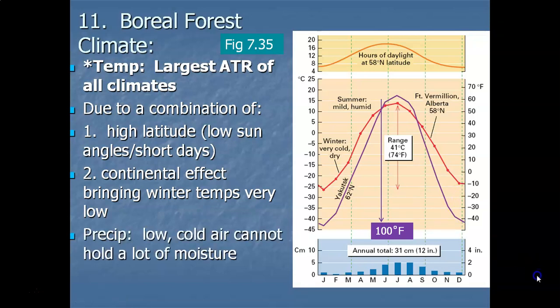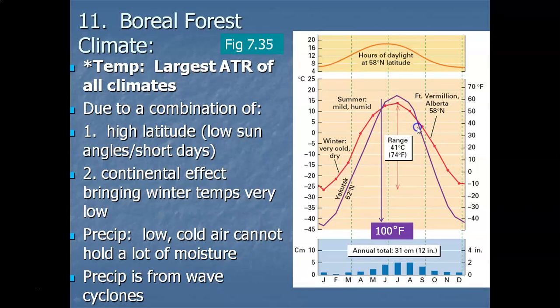Now the precipitation is low. It's going to be due to fronts or wave cyclones. The only rain producer in this latitude range is wave cyclones, at a high latitude location too. But the fronts are dry. In this case, they're dry because of the cold, particularly in wintertime. When you've got temperatures well below zero, that cold air cannot hold much moisture at all. So if you take a look at the precipitation during the cold winter months, that's where it's at its lowest, where the cold air cannot hold much moisture.